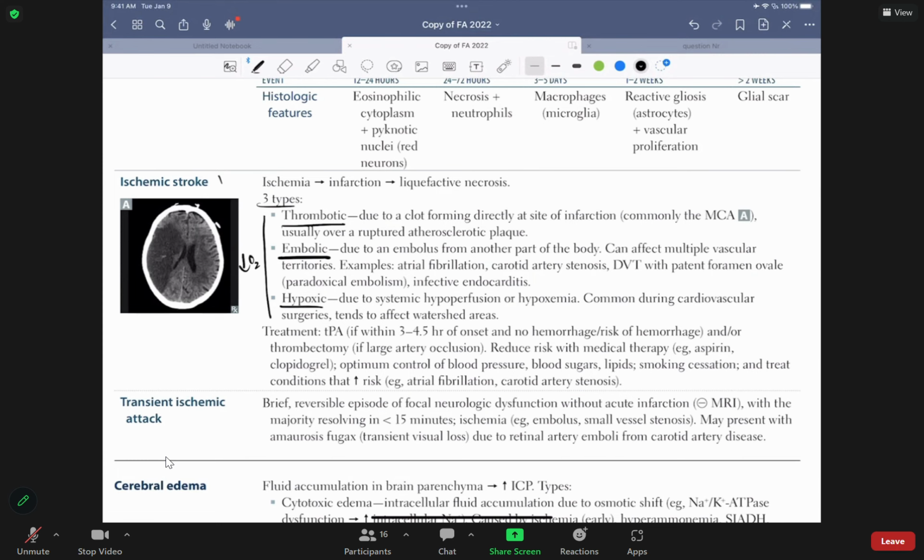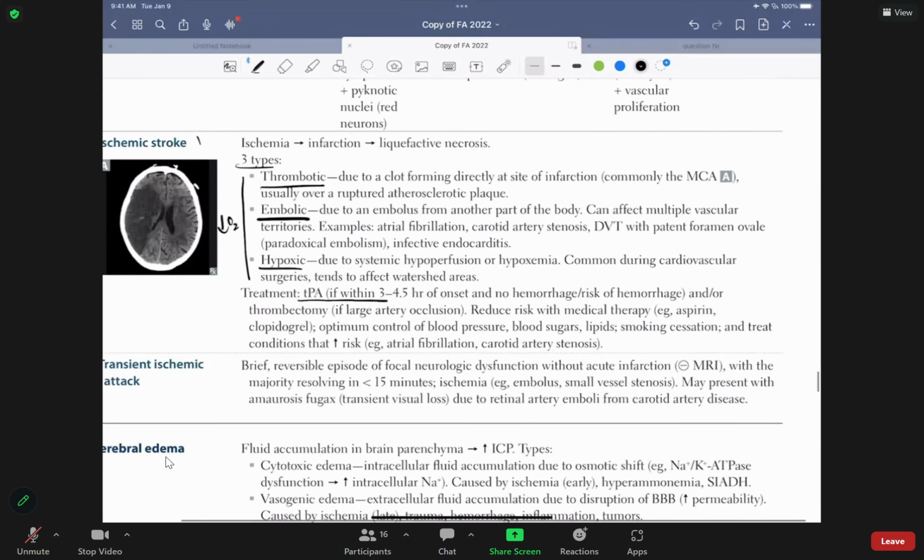That's the idea. Treatment. You have to give TPA within 3 to 4.5 hours of onset, as long as you know there is no hemorrhage. Why do we have to give it within 3 to 4.5 hours? What happens if you are late? Connect this with hematology, folks, what we studied. Why do we say when a patient comes with stroke, try and give TPA within 3 hours or as soon as possible? Because after 3 to 4.5 hours, something else will come there.